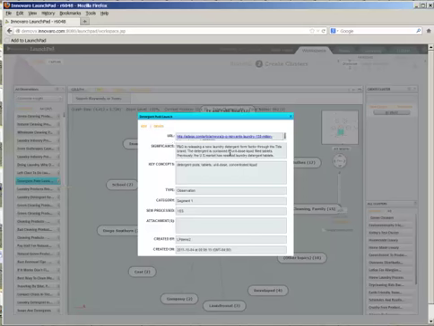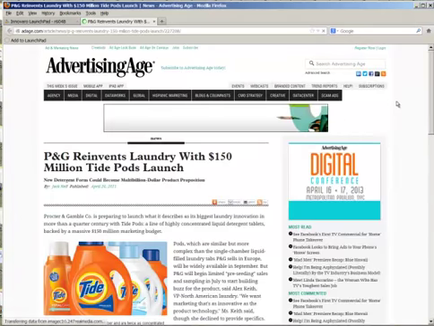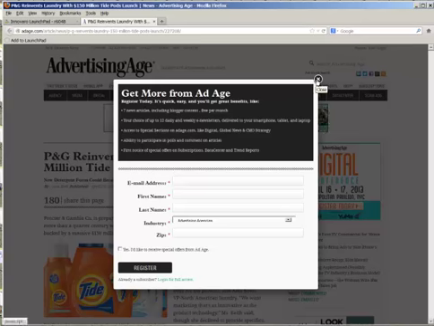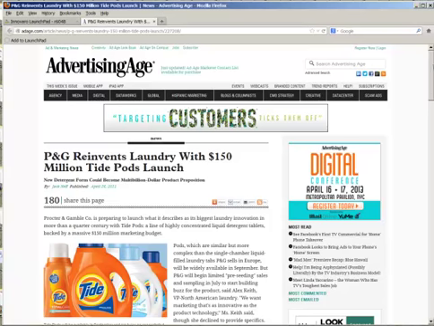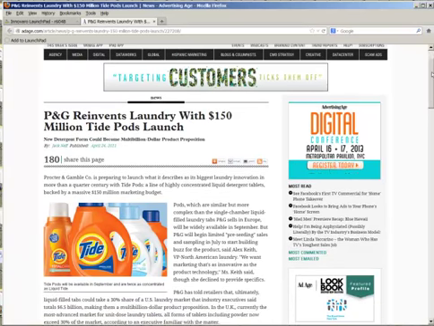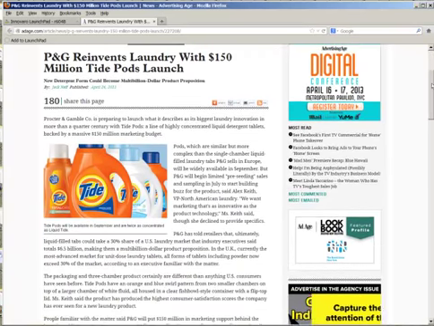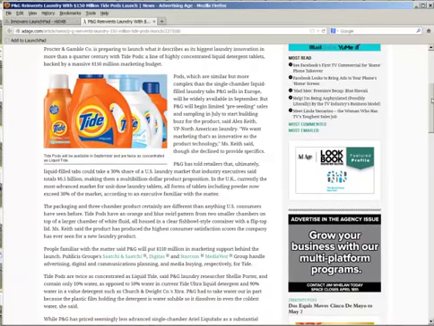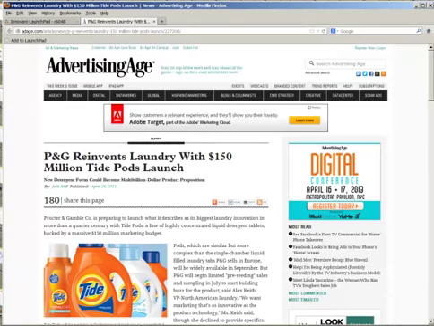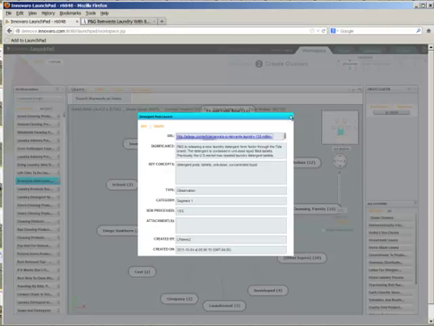It says P&G is releasing a new laundry detergent form factor. What are the key concepts? It's an observation. When was it created? If you actually want to go see the site, it's got the link there. It takes you to the site, and here's the actual site where they talk about it. We're going to skip the advertising here, preferably. And you can see this is where they actually talk in more detail about it. What's happened is Launchpad Imagine, through Discover, has come out with a SEMBot, taken a look at this, brought information in, and made it part of the data that you have captured. So we'll close this up.